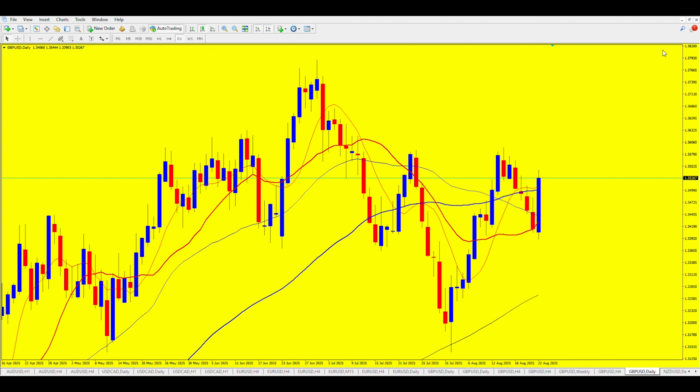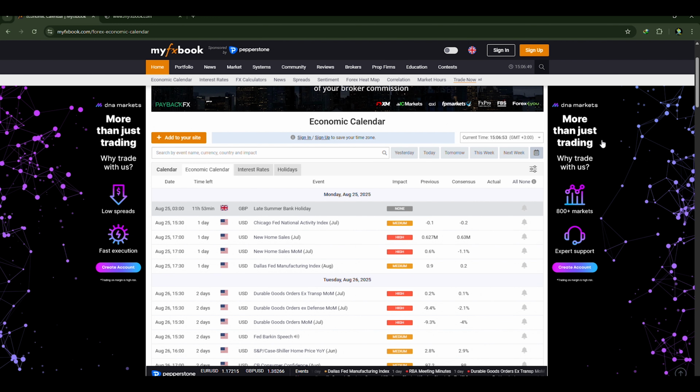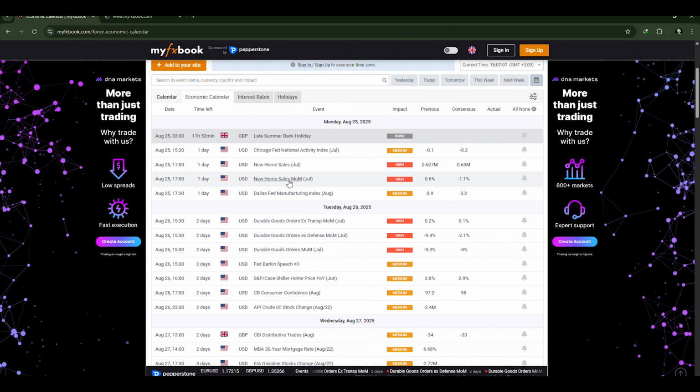Lastly, we're going to check on the fundamentals of the week so that we might see what we didn't see on the charts, and which days of the week we are going to be able to anticipate the volatility. So let's go into the other side of the analysis, being the fundamental analysis. This is the GBPUSD economic calendar and what we are looking to expect for the coming week. On Monday, we really don't have much per se. It will be the late summer bank holiday for GBP, so